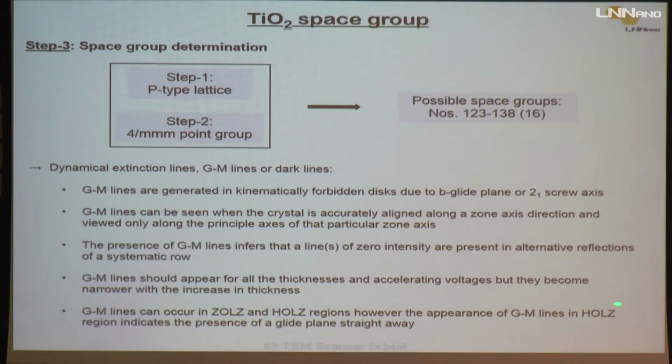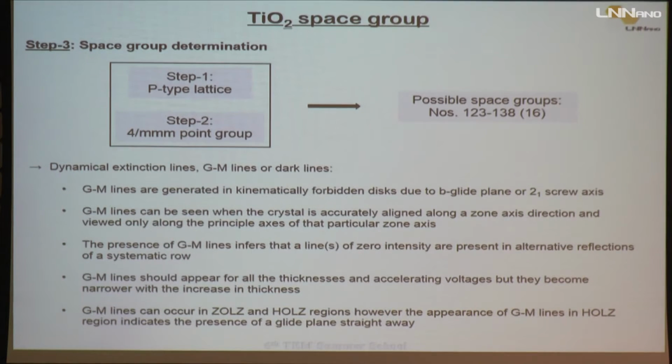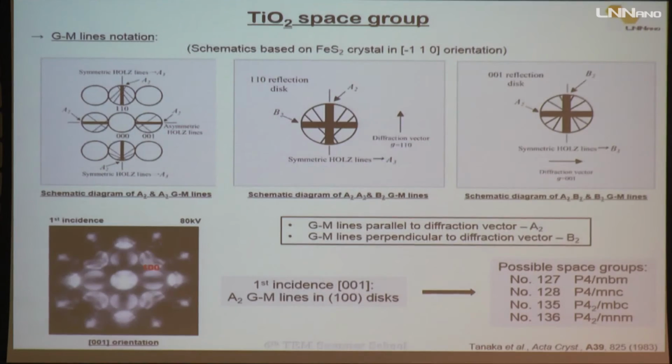However, the appearance of GM lines in the HOLZ region indicates the presence of a glide plane straight away. So always, if you see a GM line in a pattern, we can straight away say that a screw axis or a glide plane is present in your sample. But if you see a GM line in a HOLZ region, you can straight away say that your sample has a glide plane, because a screw axis doesn't produce a GM line in this HOLZ region. So next, this is